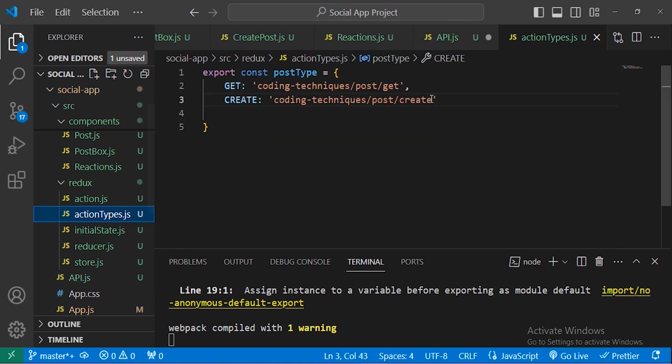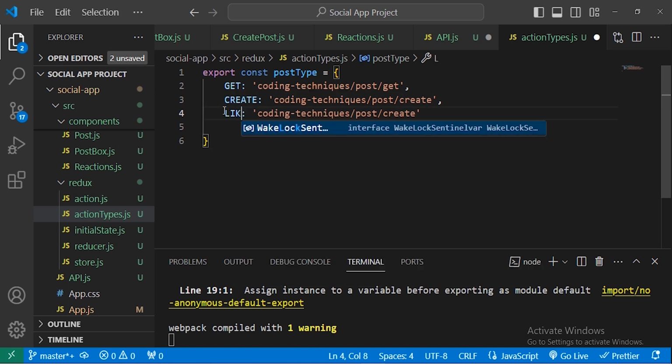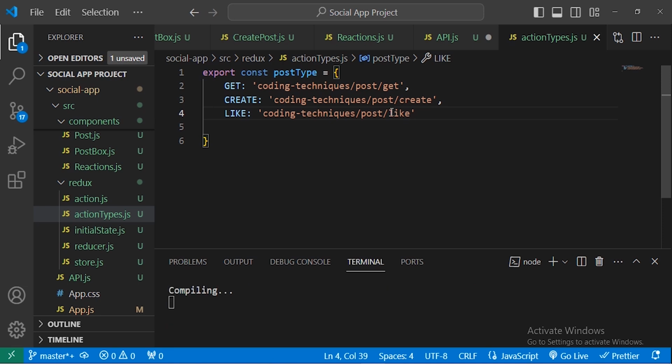Inside the action types, we will add another action, which is like. That is the one we will use to update the like in the store. So we will change this create to like as well. Okay, so let's save this,